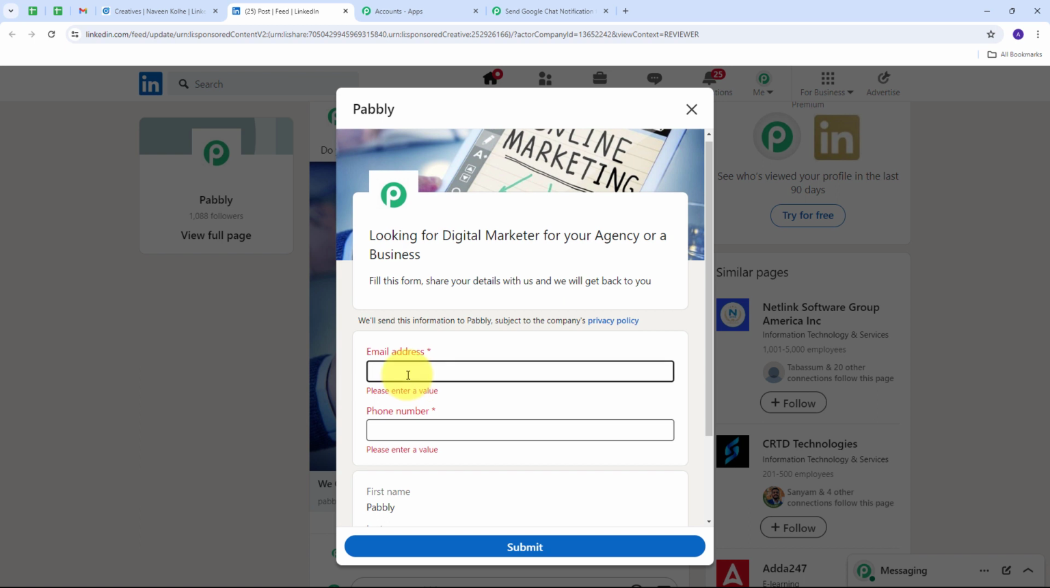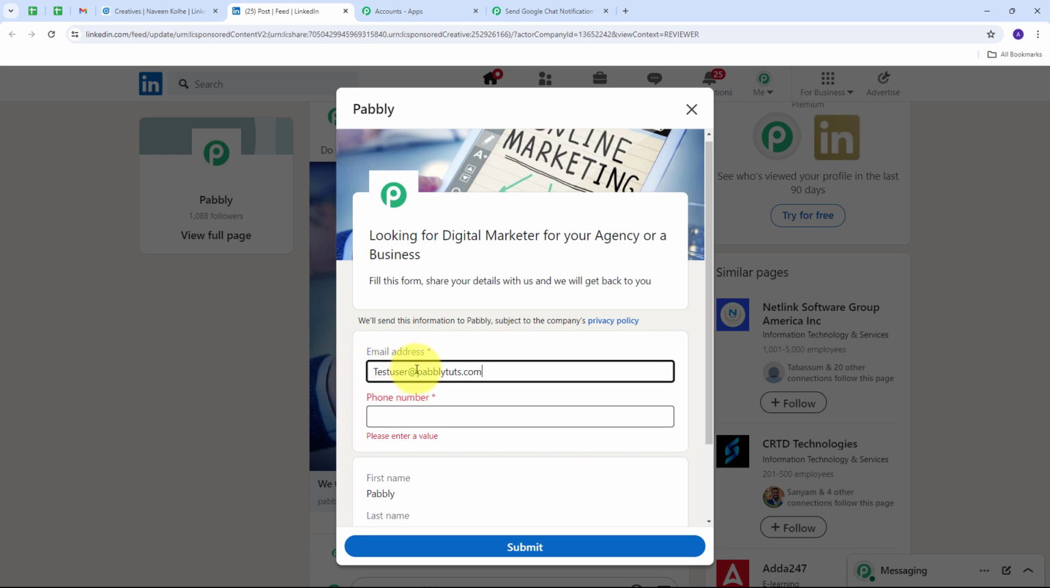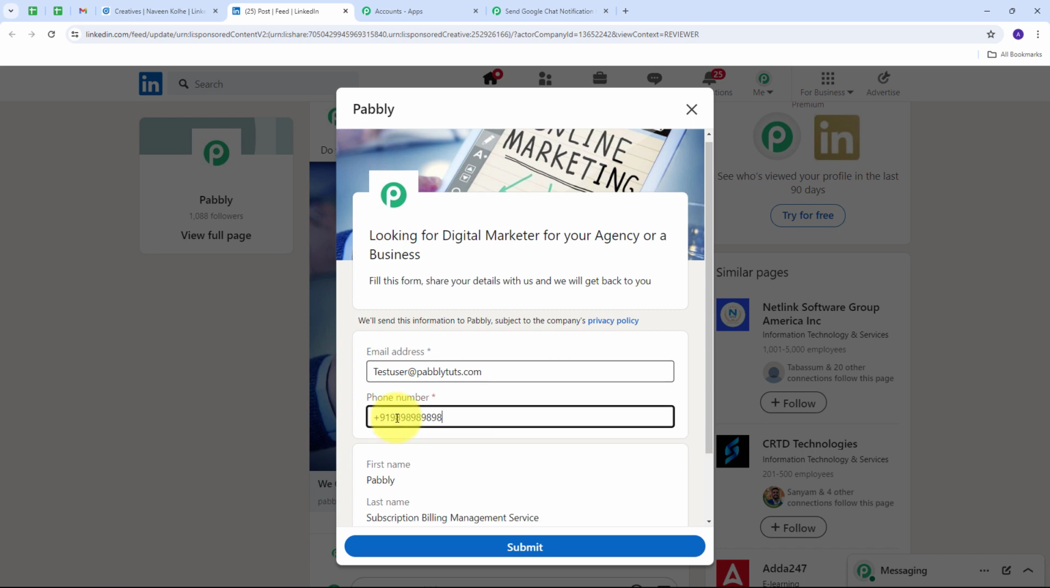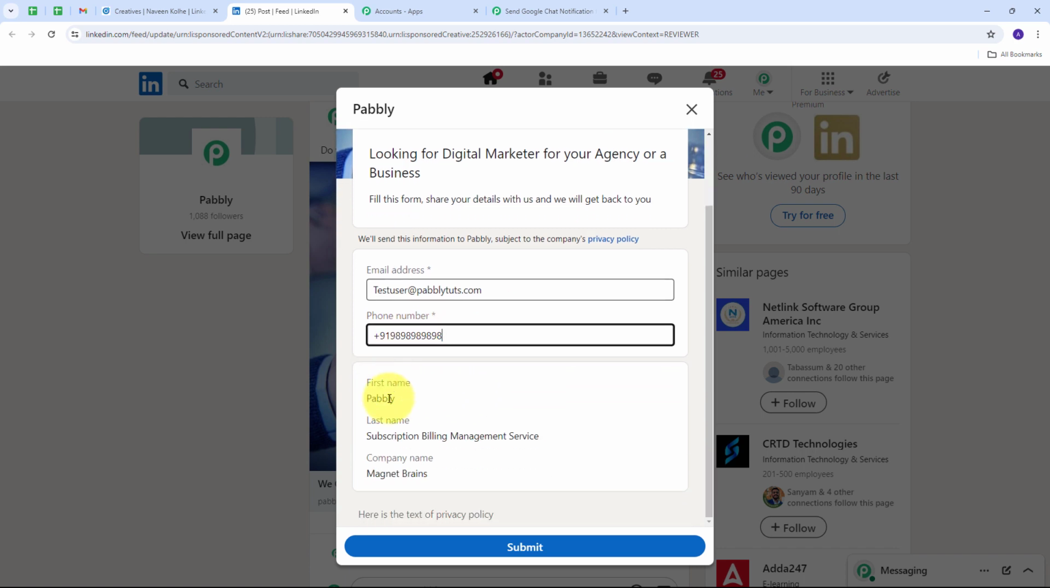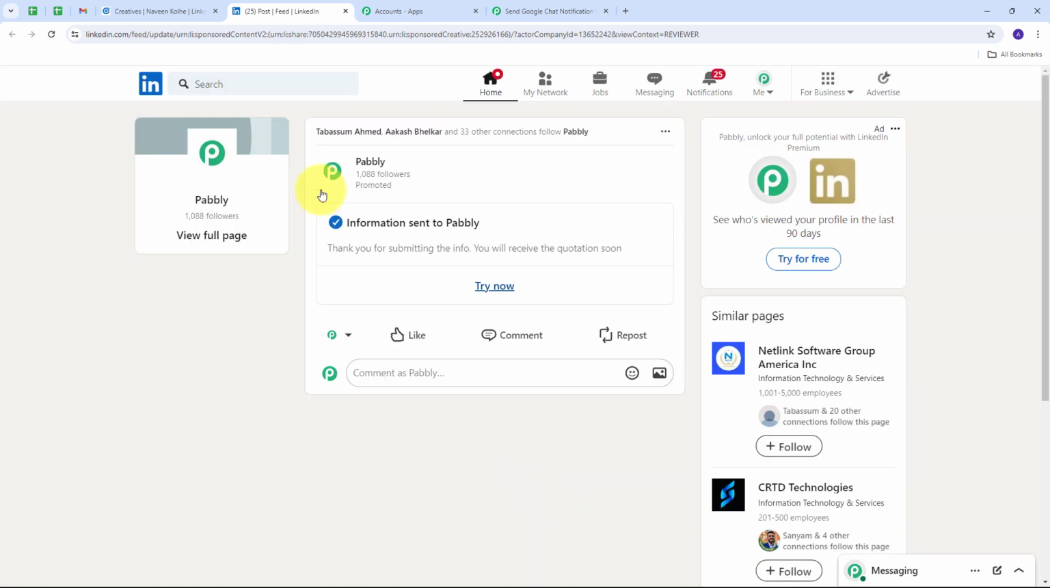So now what I need to do is I need to give an email address. So my email here will be testuser@pabblytudes.com, and I'm going to give a random phone number. So this is going to be my phone number, and here I have the first name which is Pabbly, I have the last name which is Subscription Billing Management Service, and I have my company name which is Magnet Brains. So these are going to be my lead generation form response. So I'm going to click on submit, and I have successfully submitted my form and the information has been sent